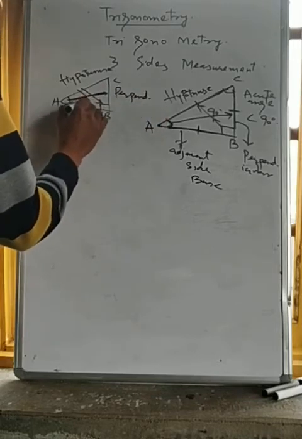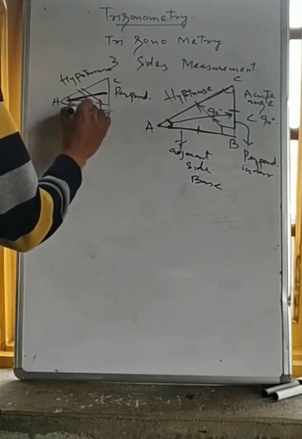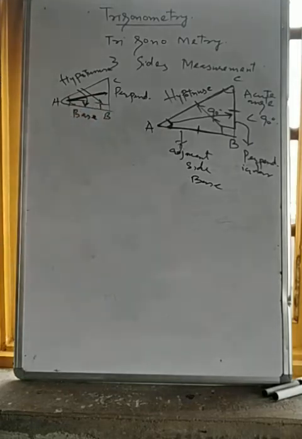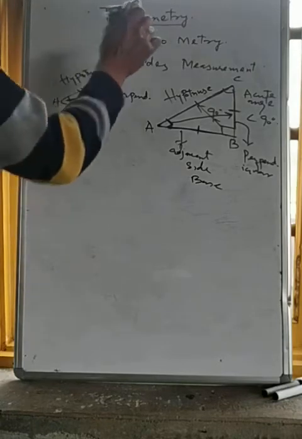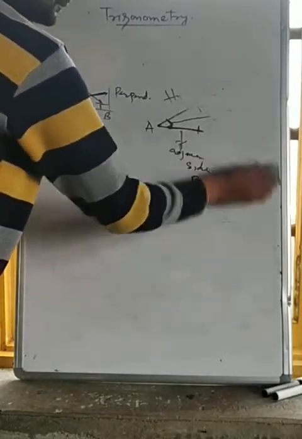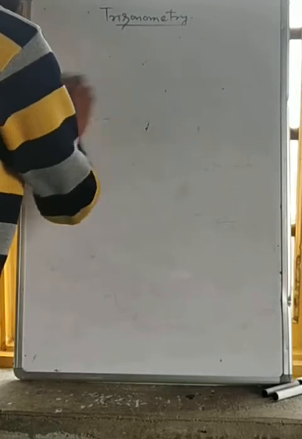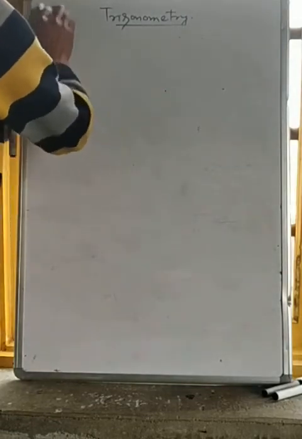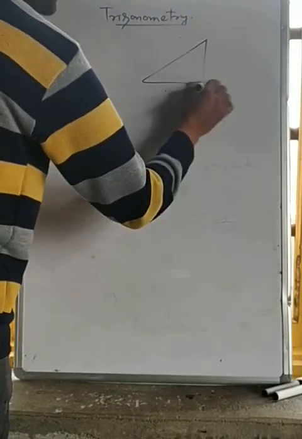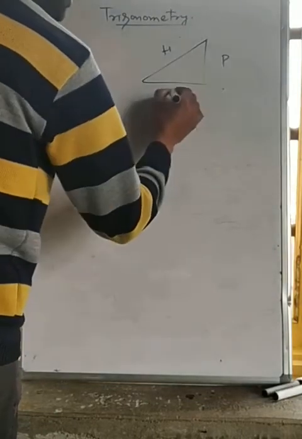And the adjacent side of it is called base. If we talk about these three sides, that is hypotenuse, perpendicular, and base,